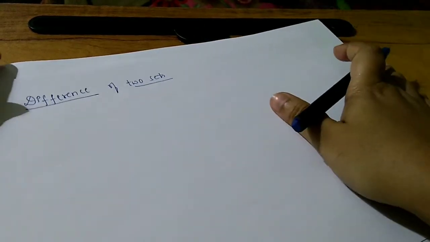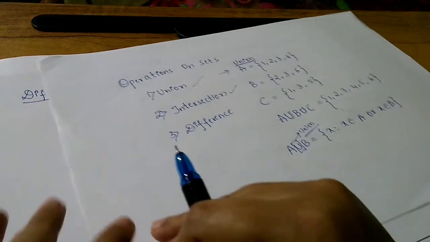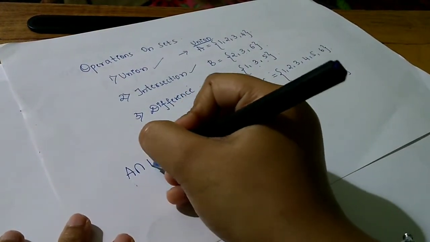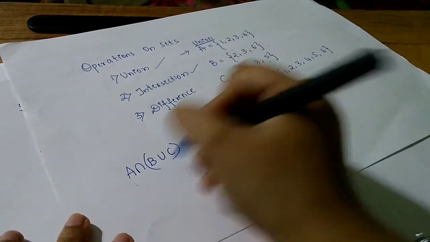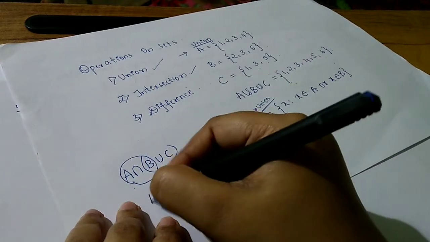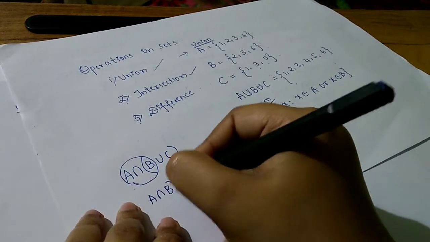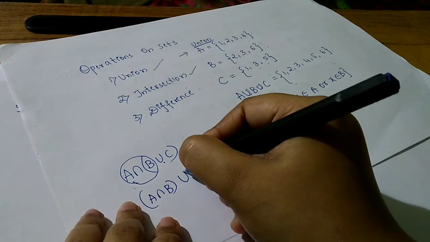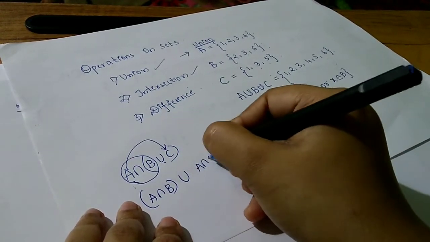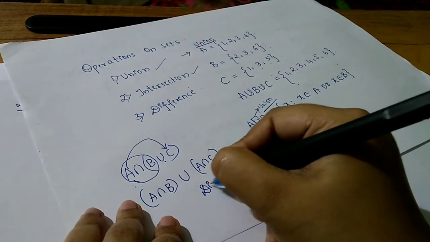Okay. What does difference of two sets mean? I just wanted to tell one more thing. I forgot to tell, I think. What is intersection? In this you will get one more property, that is the distributive property. A intersection (B union C). If it is like this, what do you have to do? A intersection B first. Then what is the middle sign here? Union. Then A intersection C. This is called the distributive law.